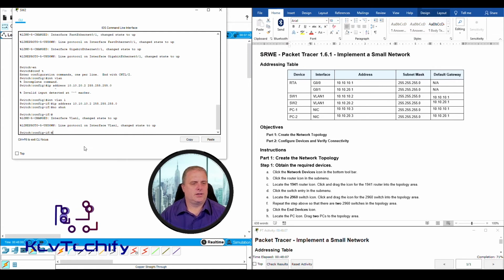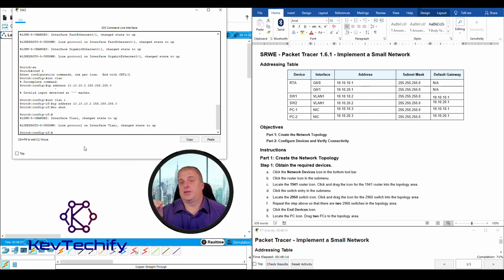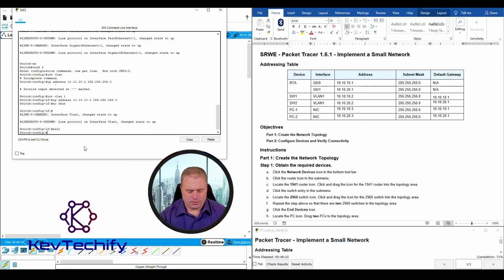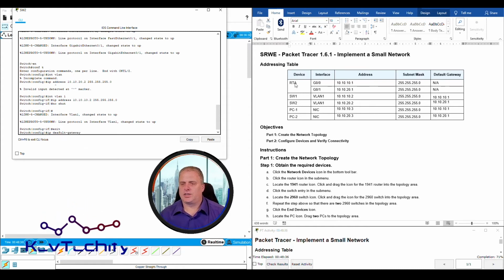Our VLAN and our interface and line protocol both went up, and now we need to set the default gateway. A default gateway does not apply to an interface, it applies to the device in general. We need to get out of interface configuration mode, type exit once. We are now in global configuration mode. Right here we can set our default gateway. The command here is ip default-gateway with the IP address from our table of 10.10.20.1,